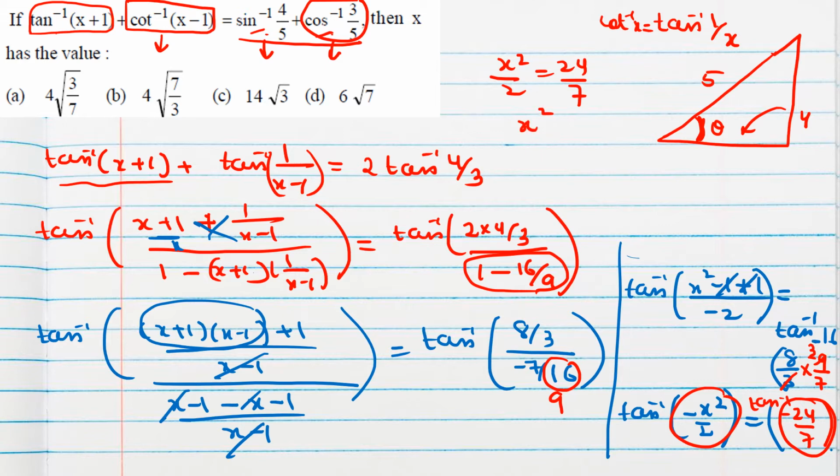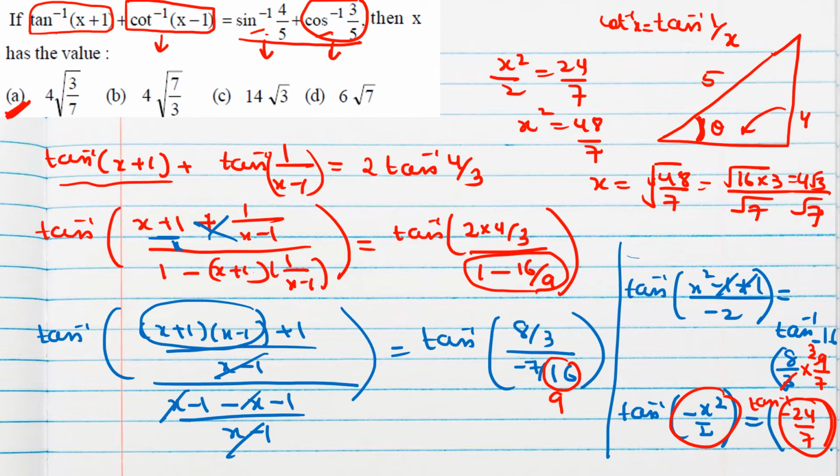That means x square is 48 by 7. So if you take the square root, root 48 by 7. But that is not in the options. That means we need to simplify here. Root 7 is there in that option. We can write 48 as 16 into 3 divided by root 7. So 4 root 3 by root 7. That means option A will come. Or here also you can decide, because denominator root 7 will come and in only one option it is given. So directly also we can write.